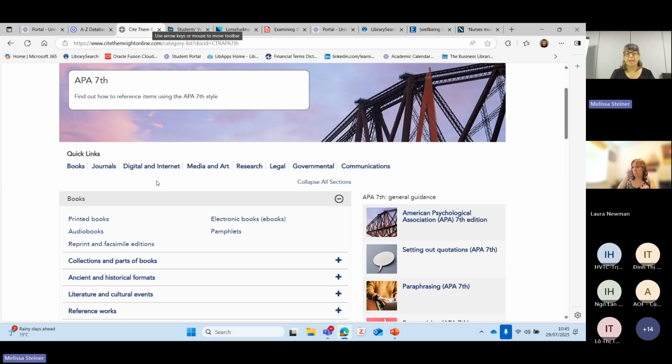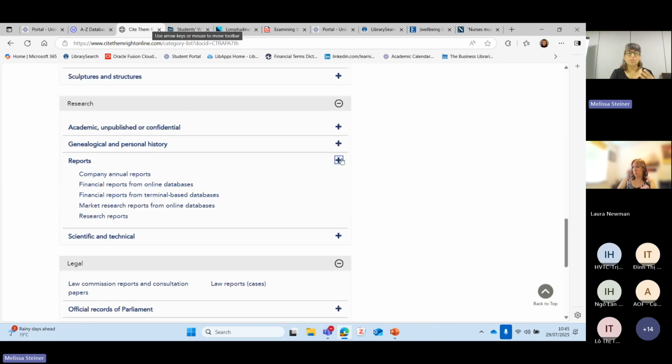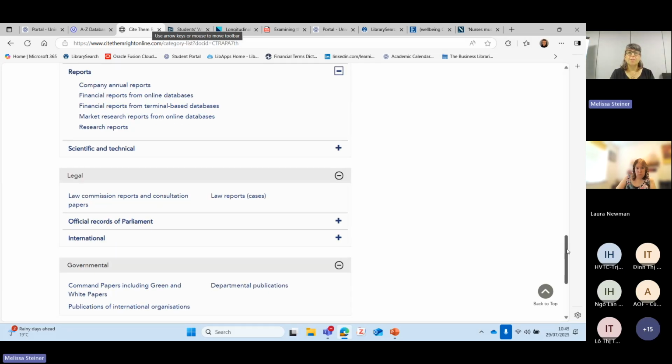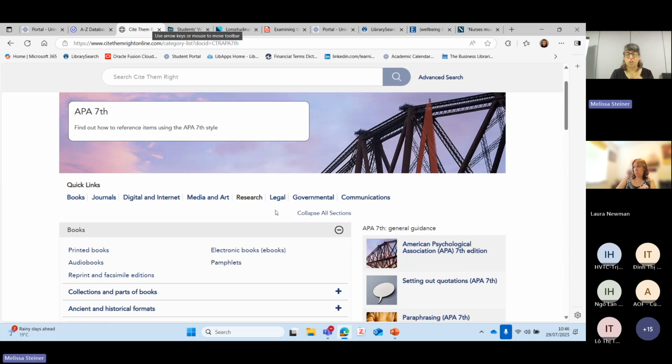Where would they click? So for that one, it's under research, under reports, and then we have financial reports from online databases or terminal-based databases, say if they're using Bloomberg. Same if they were looking for law reports. So sometimes it's not super obvious to the student where they need to click to find the guidance, but the